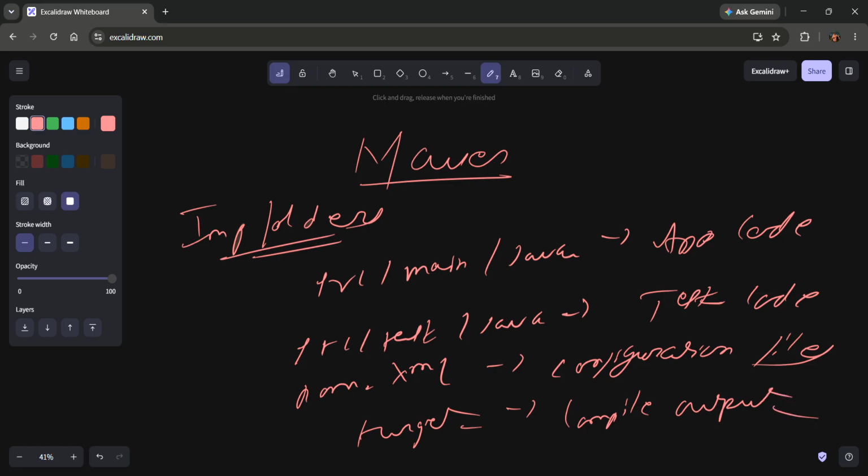So four things. First one is src main java, where we are going to create our application. src test java, where we go with the testing. Then pom.xml, that is our configuration file. Target is our outcomes. Got it? So basically, it will look like this only, guys. My project,